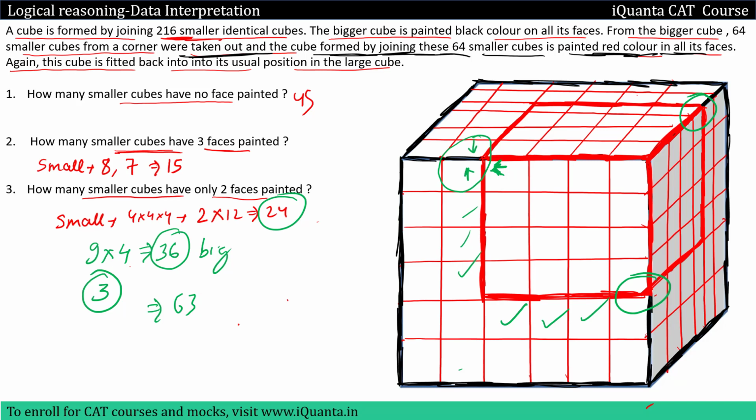I hope the explanation was understood. This was a very good question to visualize a cube. Sometimes everything is not visible to you while solving such questions. So what we did was, we divided this cube into 6 parts. First of all, I took out this piece, then this piece, this piece. Then I formed them separately over here and visualized the condition properly. So that is how you can solve such questions, by distributing the bigger cube into smaller cubes. Whenever such a question comes to you that a piece was taken out from the corner, you will always do things separately for both of these cubes.